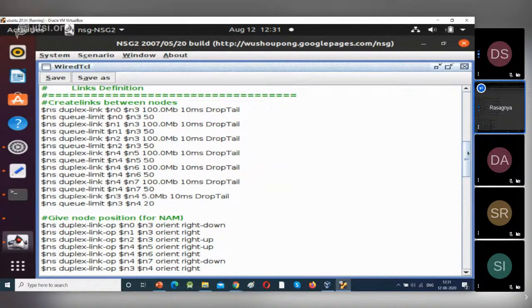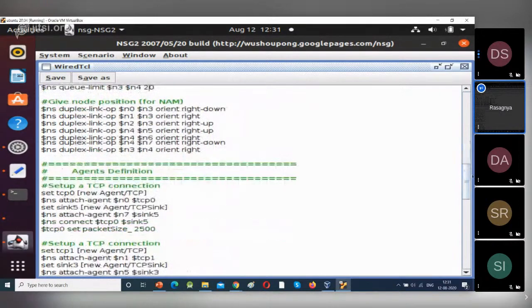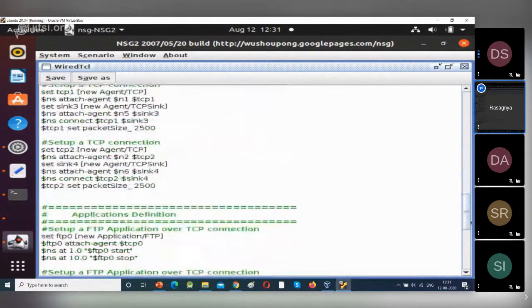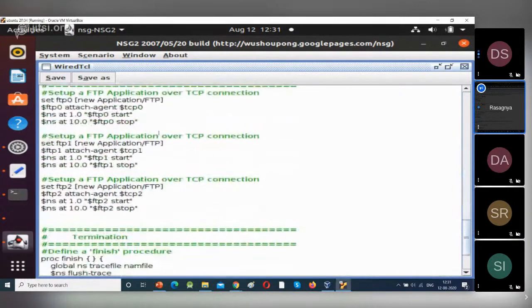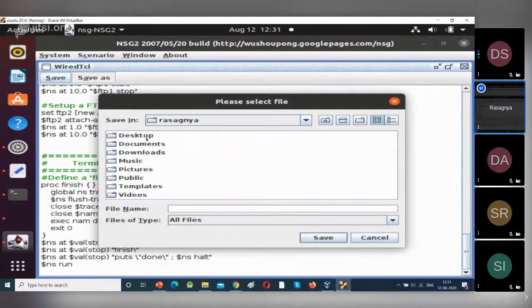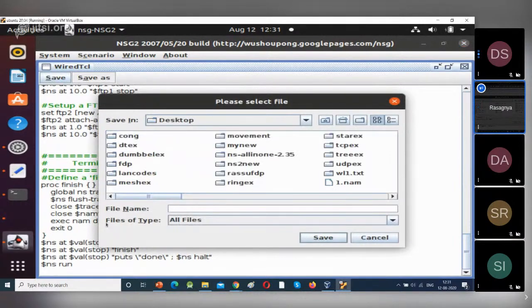Next, we have agents here. We have 3 agents. Next, we have applications, that is 3 applications. Next, this is the termination. Now go to save. Save it on desktop. Select file of type as TCL file.